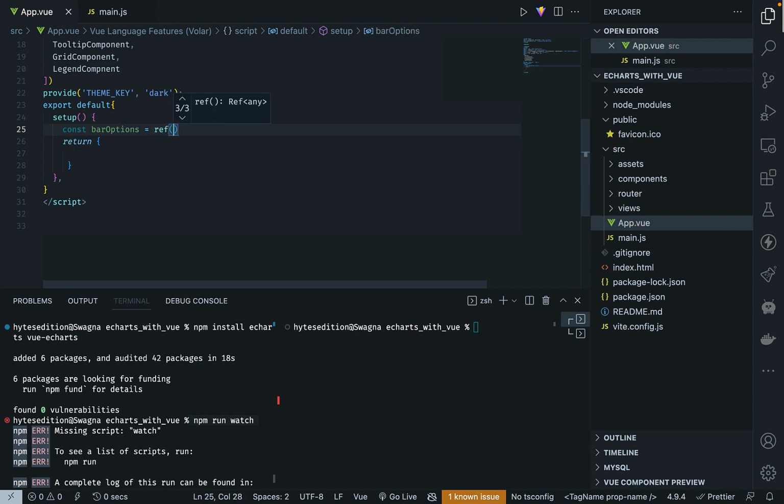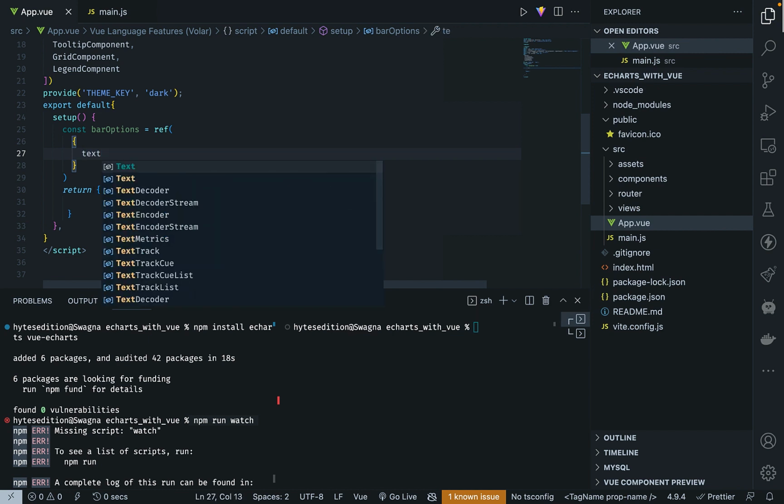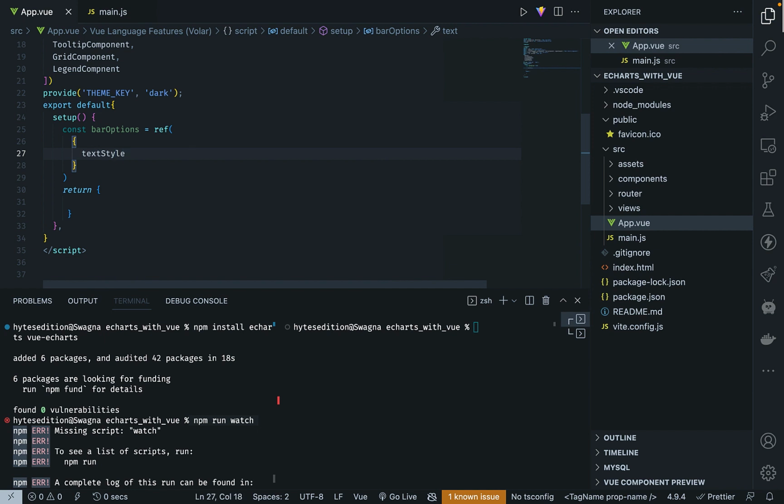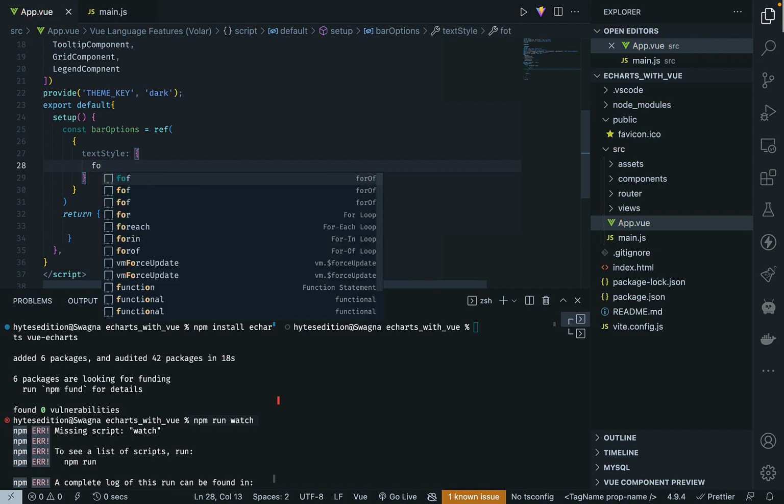Go to a ref, which is an object, and this object shall contain a text style, a text that will be displayed on the graph. So you type on the text. These are some of the options: text style, and the text style shall have an object of font family,